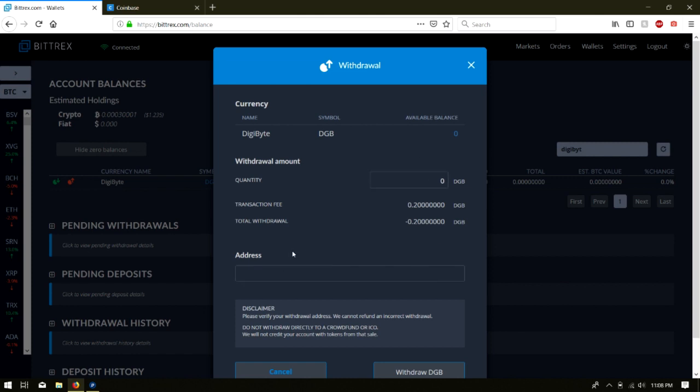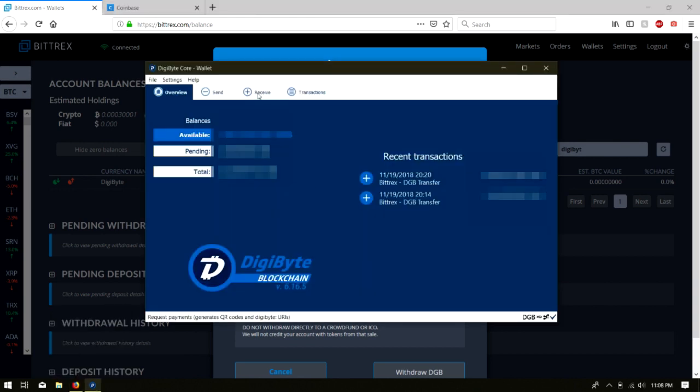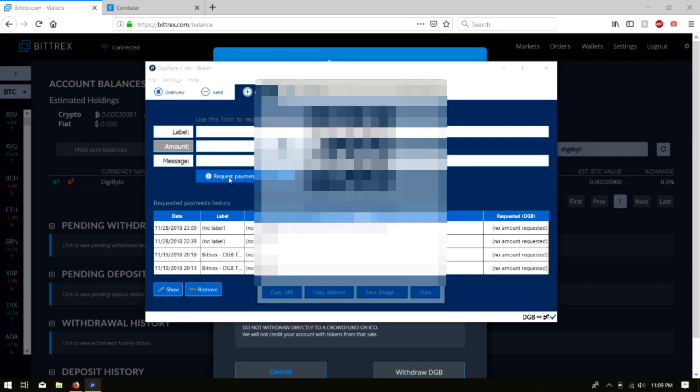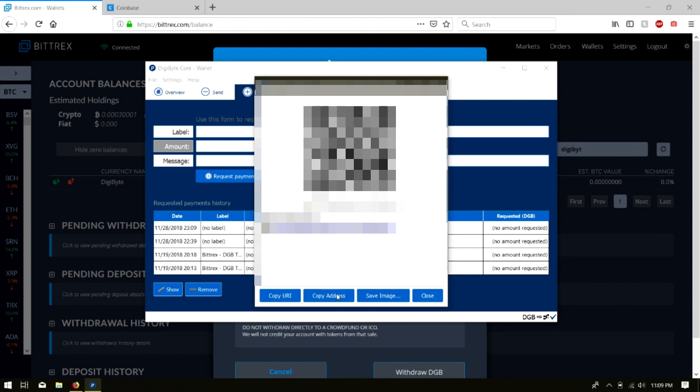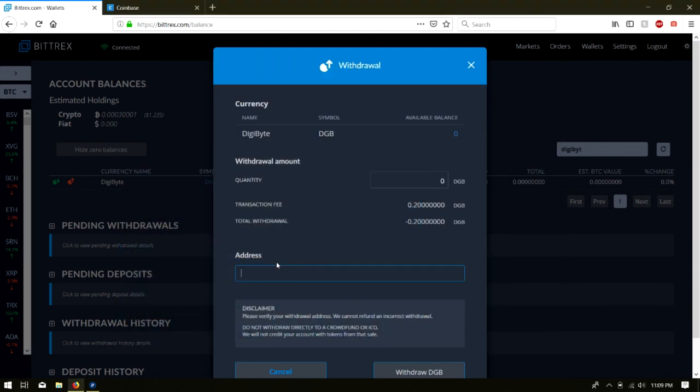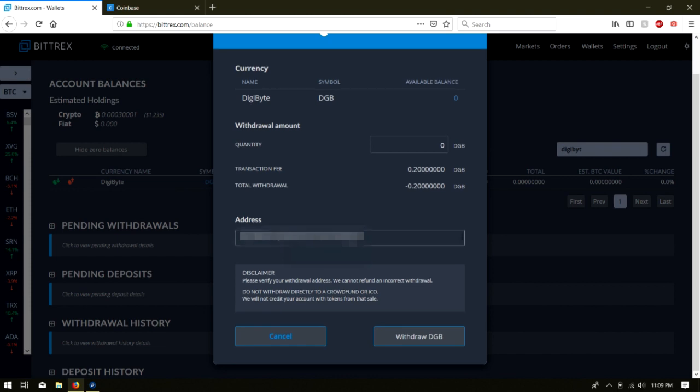So to find your address, go ahead and click back onto the Digibyte Core wallet and click on Receive. Go ahead and label the transaction. And in this case, we won't be selecting an amount. Now we click Request Payment, and we're given our address, so we can just click Copy Address to copy it to our clipboard. We can go ahead and close out of that, and minimize the program, and Control V to paste the address. Once we've done that, we can simply click Withdraw Digibyte,